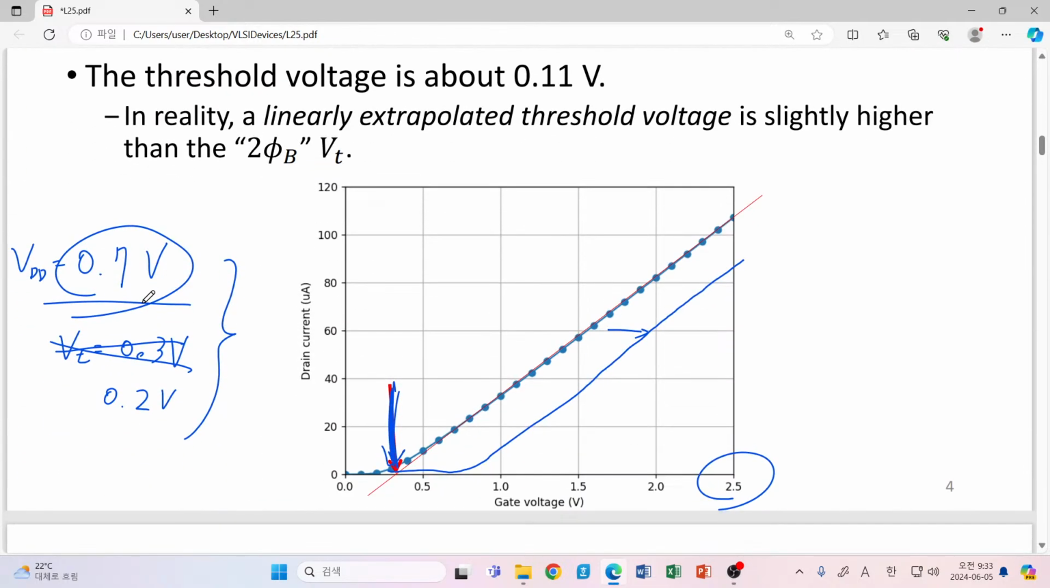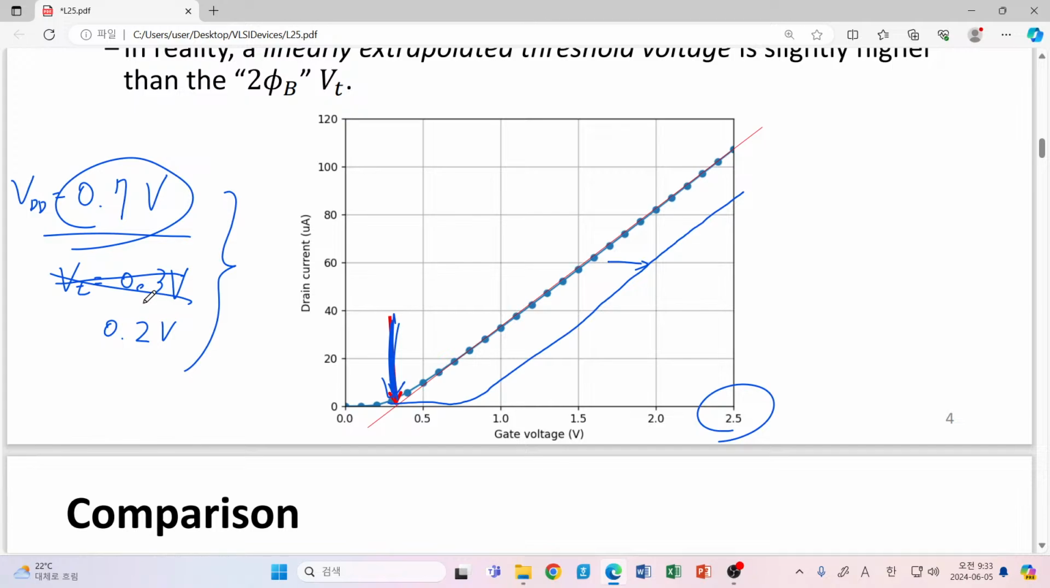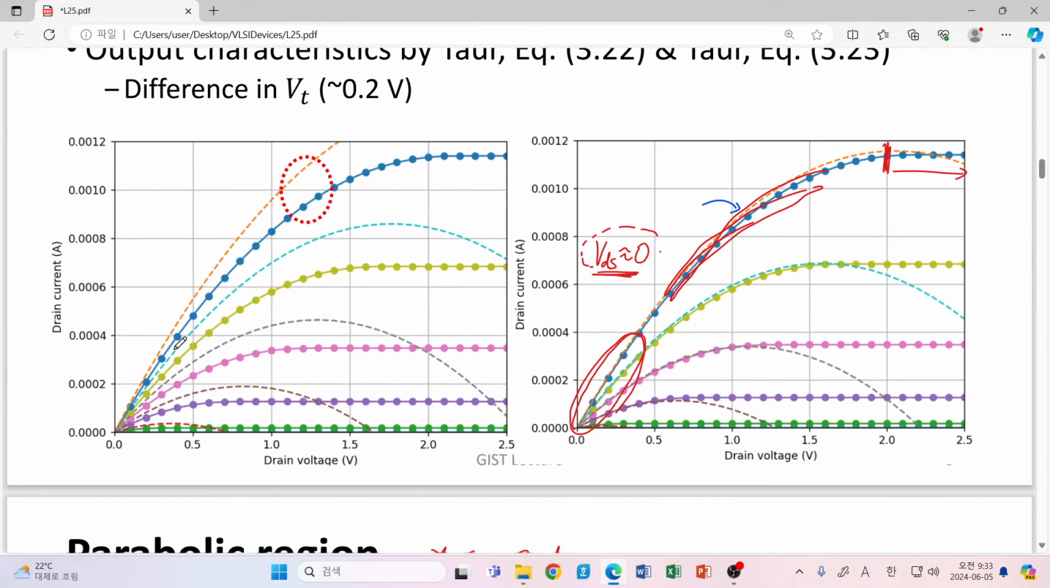However, the textbook shows just the same story all the time, so we just feel that the gate work function is not adjustable, so we just rely on changing the substrate doping density to control the threshold voltage. Okay, so